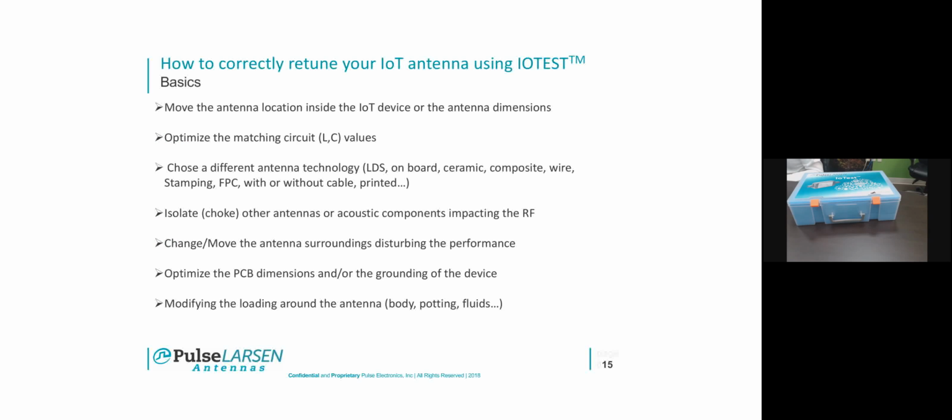Next, Gregory will also talk quickly about how you can retune your antenna in your device. Some people are always asking us, what is the best recipe for the best antenna in the world? Obviously it's really difficult to answer that. But what we know is that P60 can help you see the impact if you move the antenna around in your device. Sometimes there is a better location than the one you selected,